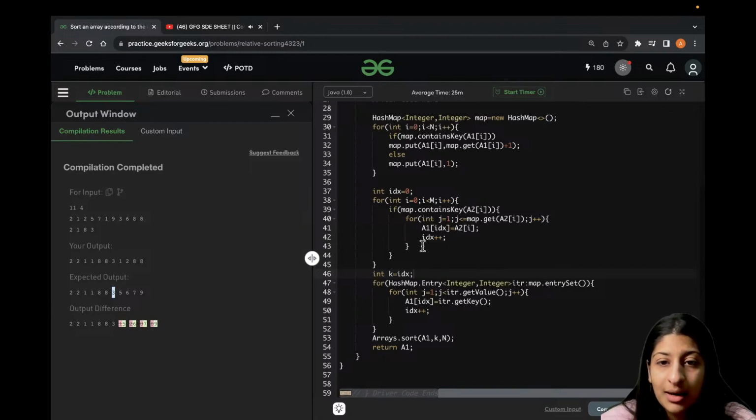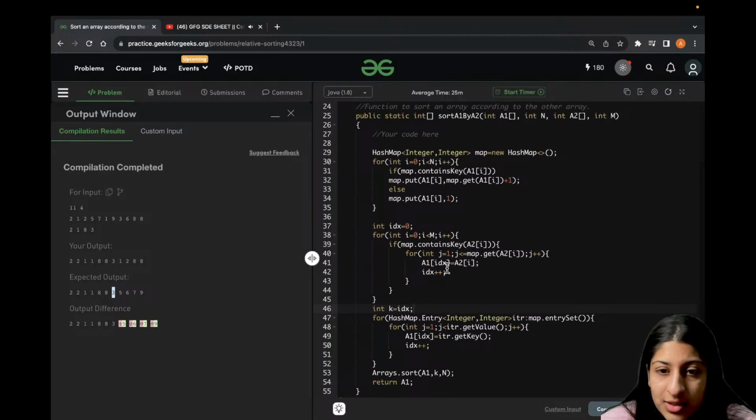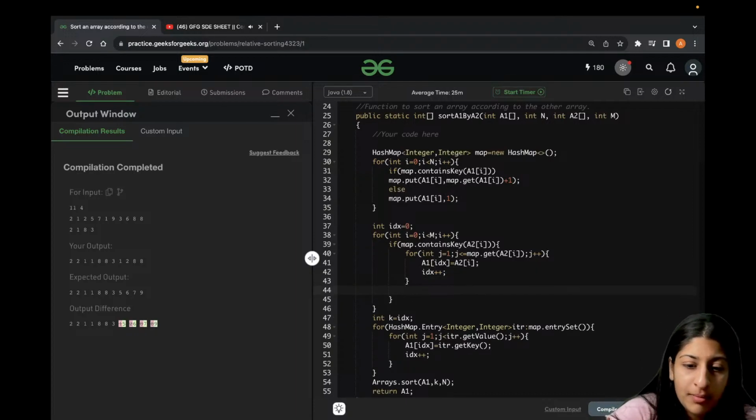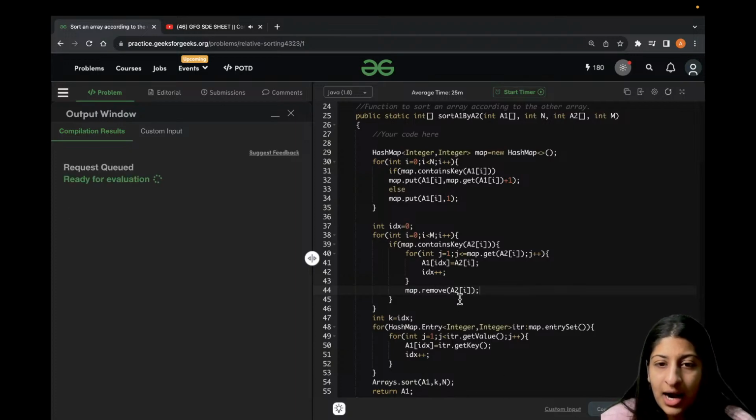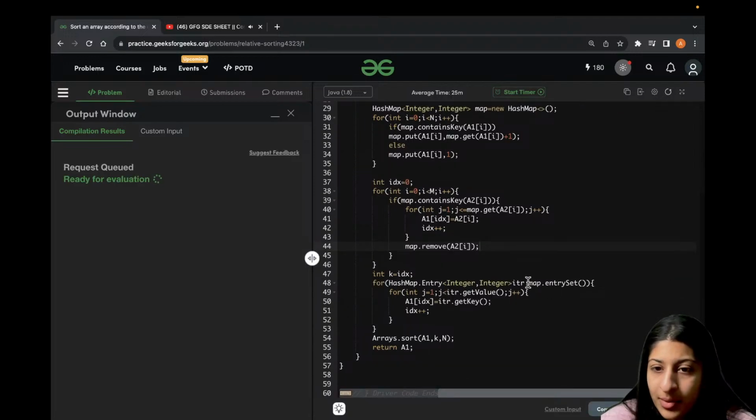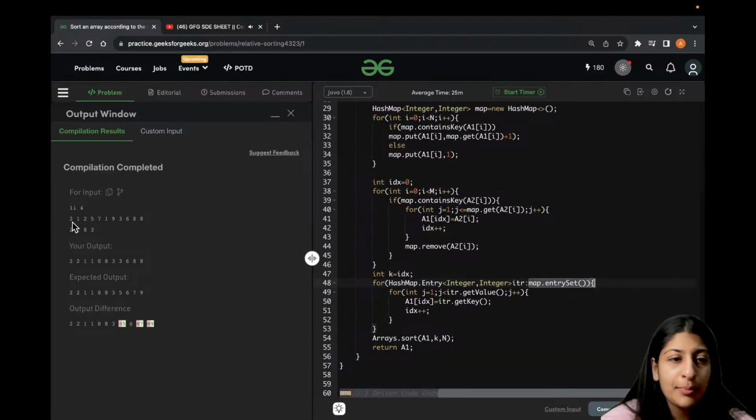Okay, one thing I am not doing here is map dot remove, as in when I'm finding this value, I should also be doing map dot remove this value, remove a2 of I. Now let's check. After I am removing it, I will be left with key value pairs that are present in a1 but not in a2. Okay,